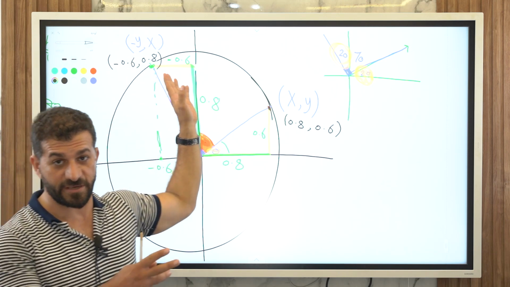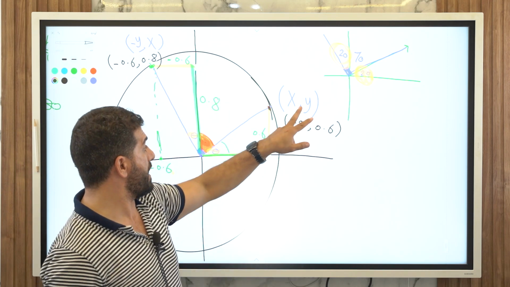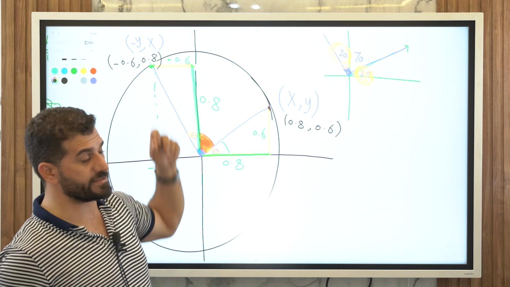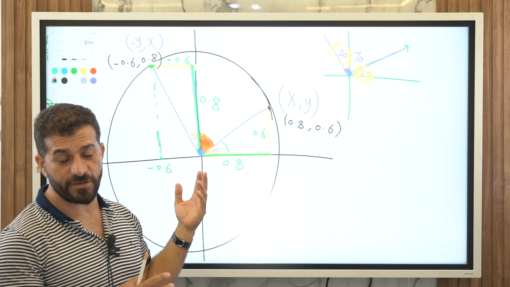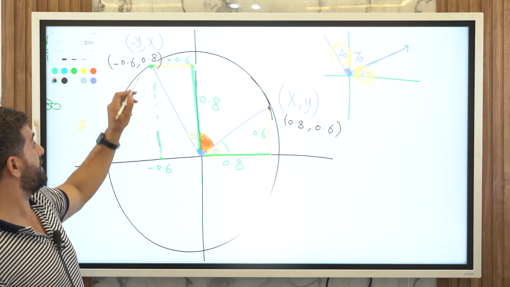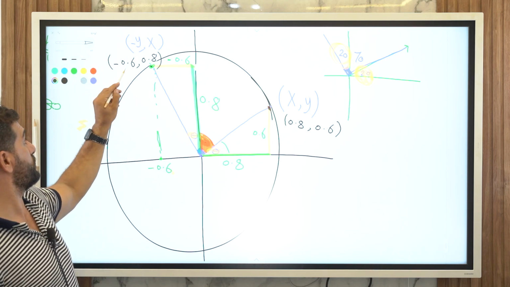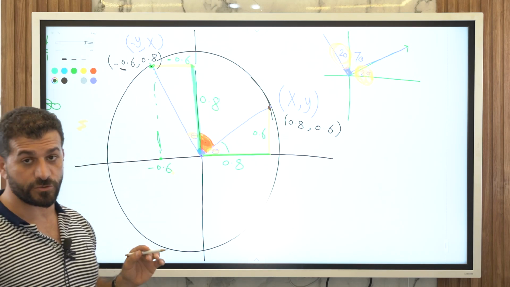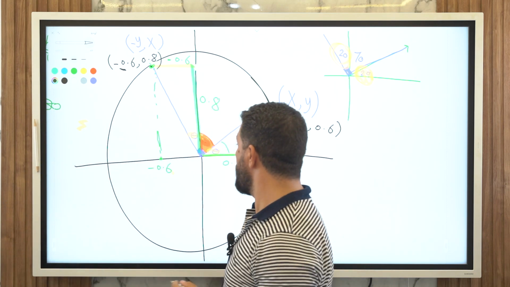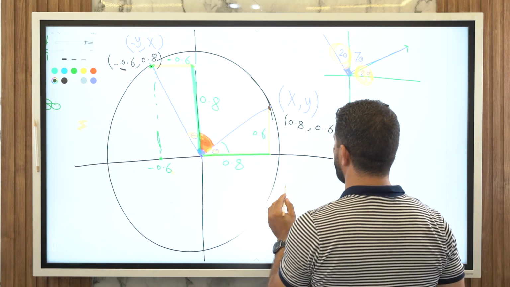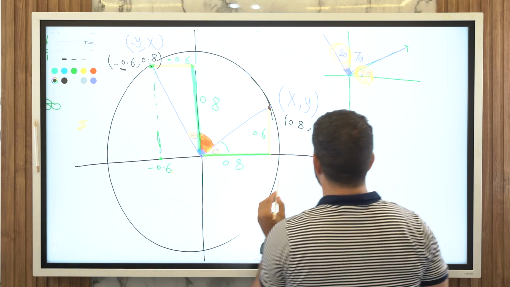So x has been changed to y, and y has changed into x. Don't care about the sign now. But because we are talking about an angle in the second quadrant, the cosine is negative, so the first coordinate is negative. What I want to say,